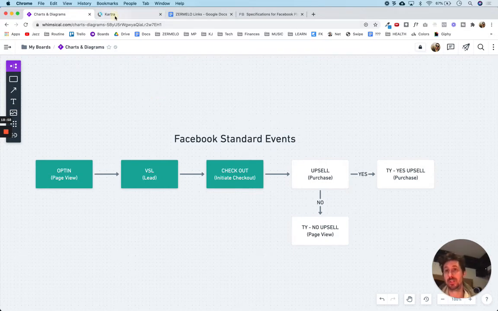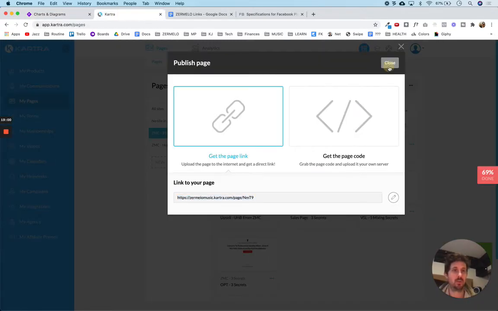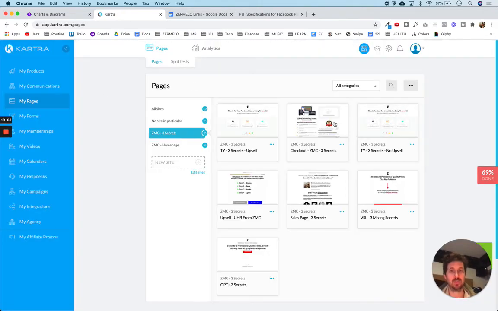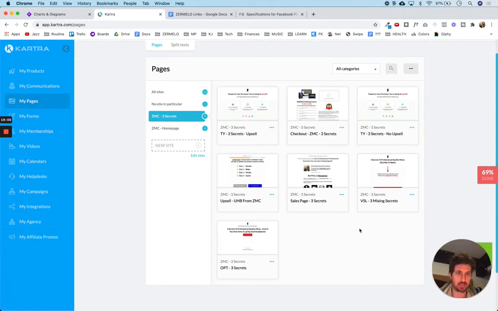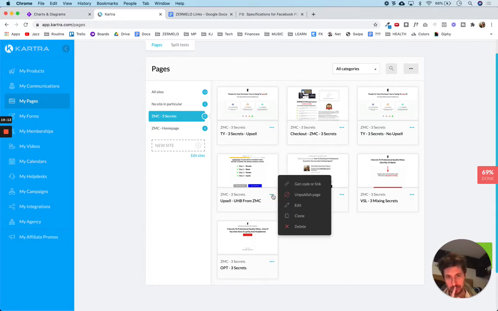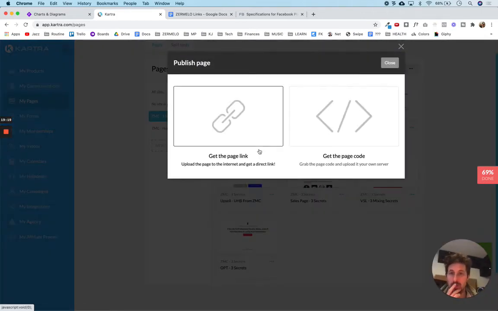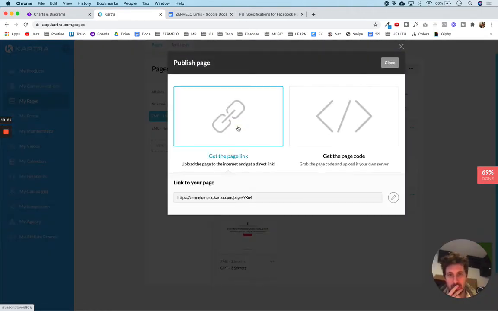So let's go to KARTRA. We'll close this. We will go to the purchase is going to be upsell. There we go. We got to go to the upsell page, because the upsell page is what they land on after they purchase the main product. So here we are on the